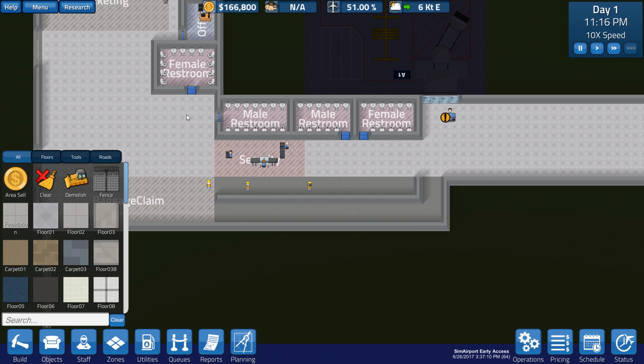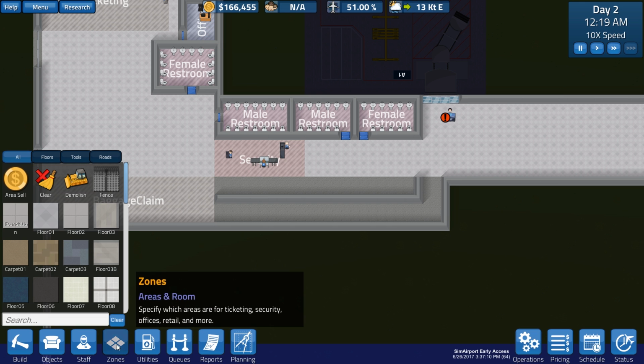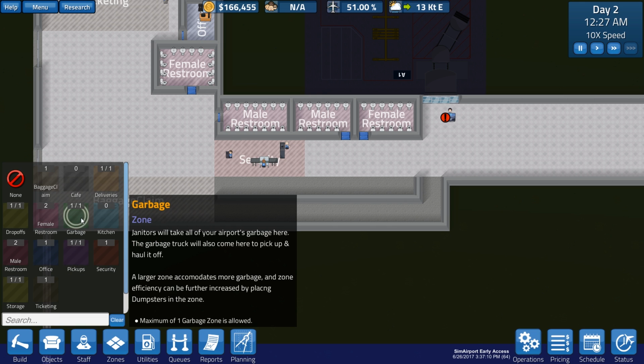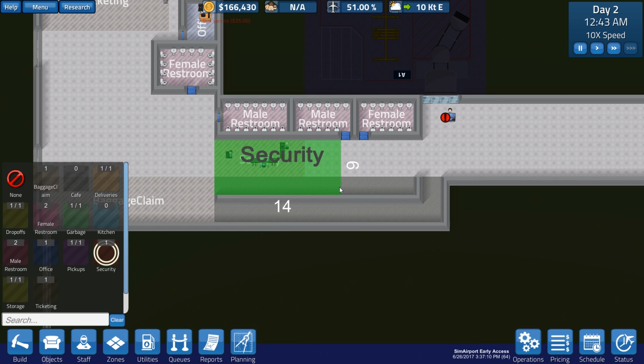And I really dislike how they do these restrooms. They pretty much took their initial one, and then once they added the male-female option, they just kind of lazily split them apart. But hey, you know what? Oh well. Now, let's see, how are we going to do this? Let's go ahead and zone more security area over here. So I think we're going to have our security do something like that right there. Should be enough. And then I want to...